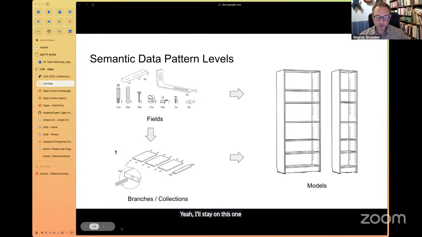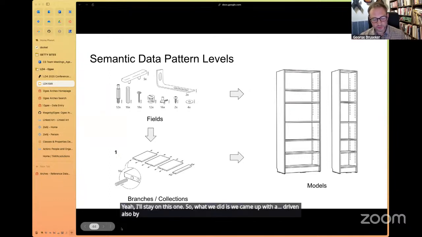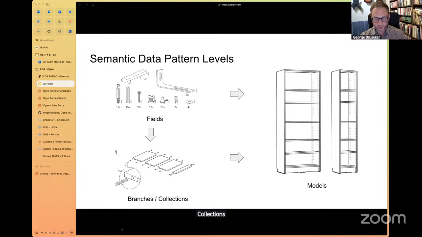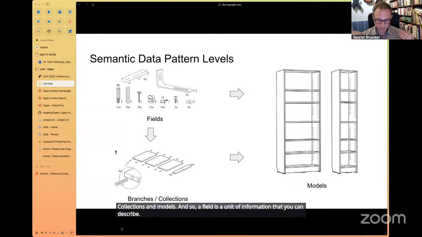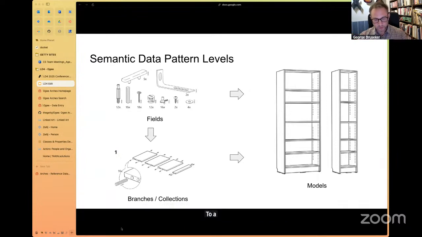So what we did was we came up with, driven also by how Arches works, we started thinking about describing the data or the data models in terms of fields, collections, and models. A field is a unit of information that you can describe to a person who's entering data or working with information, and it more or less is equivalent to something that they would see in an information interface.